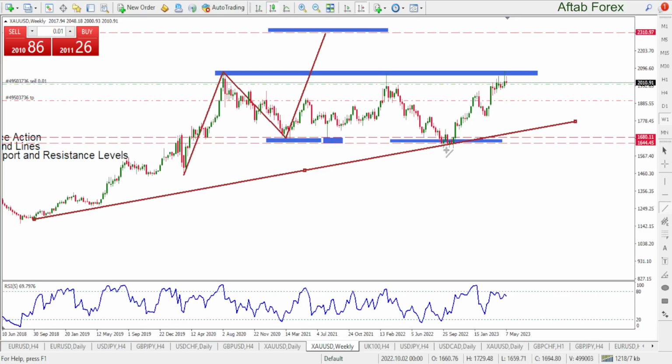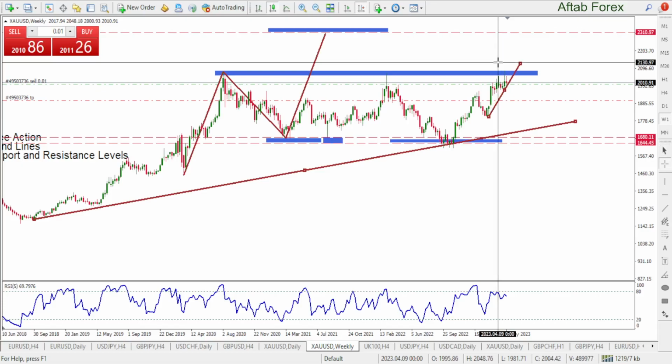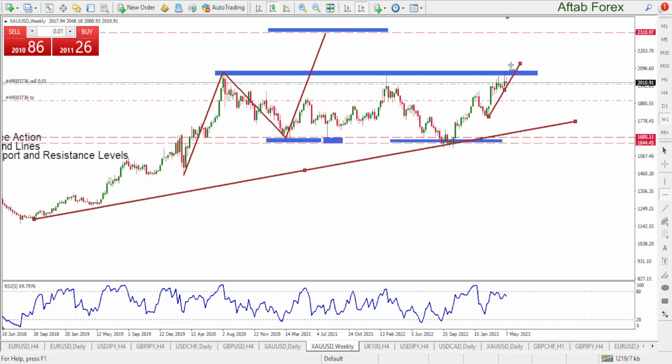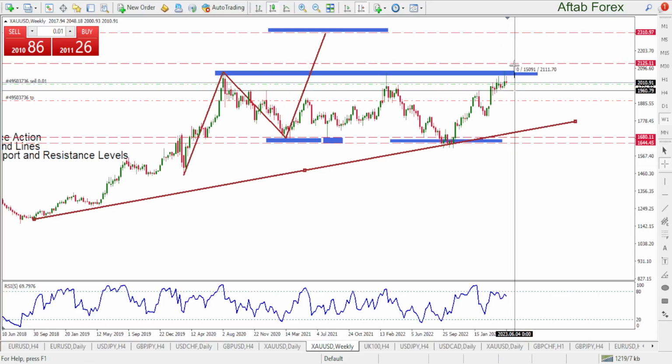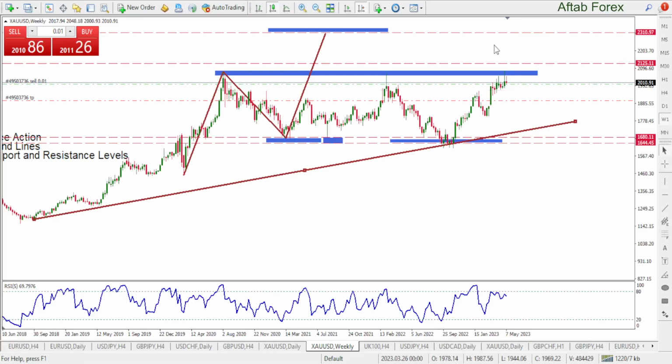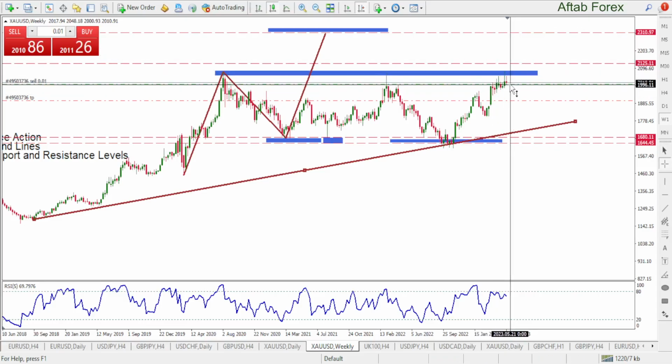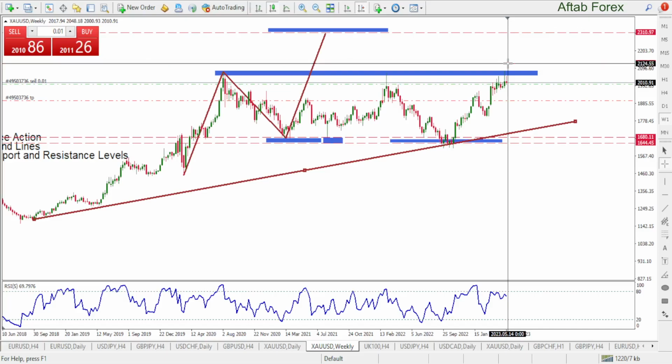Obviously, I have one more impulsive wave right here that is pointing towards 2130. There are a lot of impulsive waves pointing up at this stage, and this is also possible in the upcoming week. We may see some wick from there. 2125.11, I will be looking for this level.